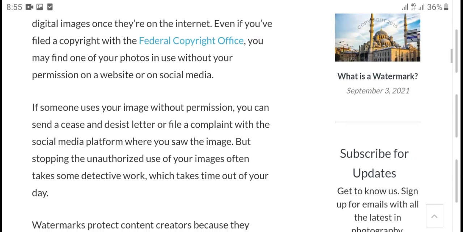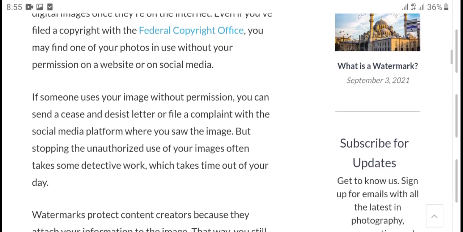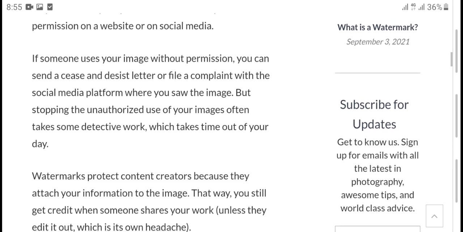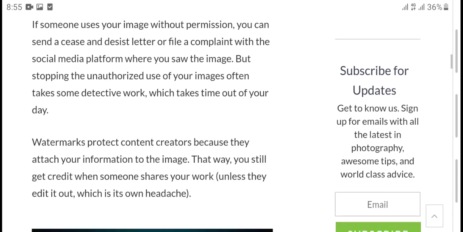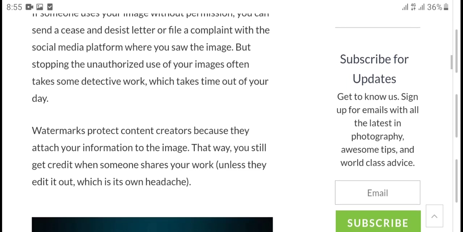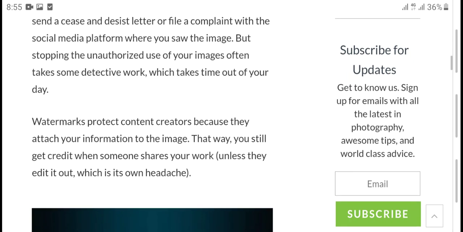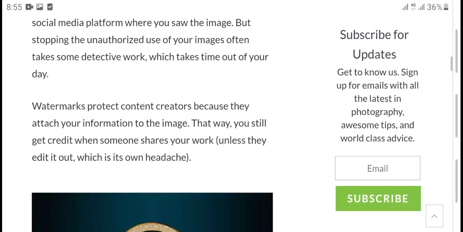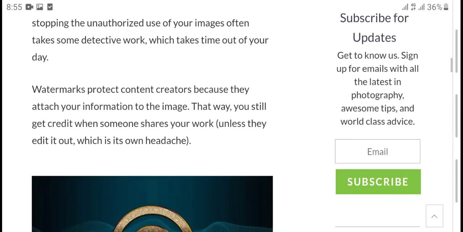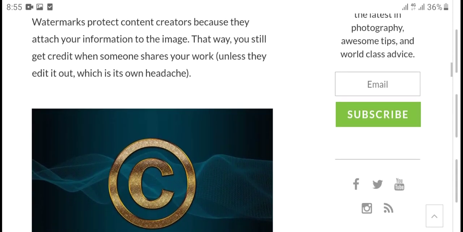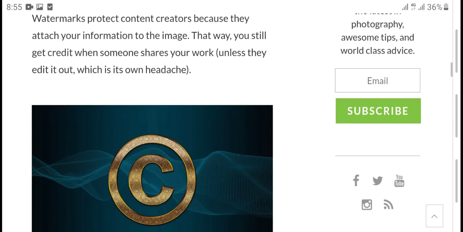internet every if you filed copyright with right federal copyright offers made your photo use promotion website social media if you some use image without permission you can send cases and related letter fields complaint with the social media platform where save image text some deleted which times out your watermark to protect content create because these attack your information